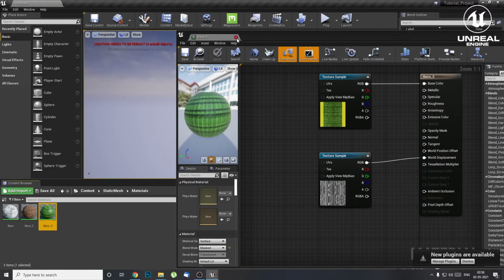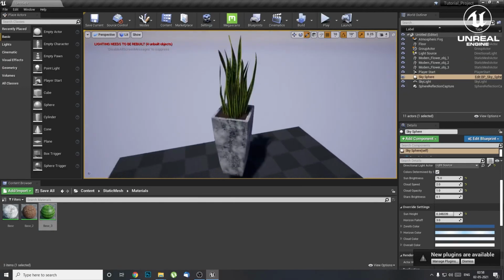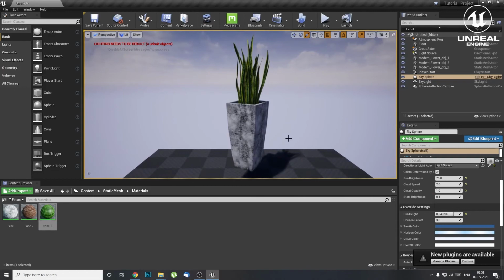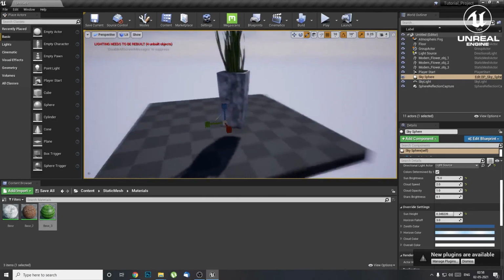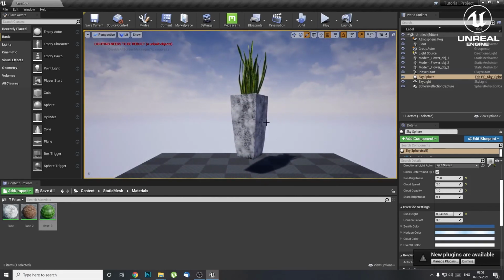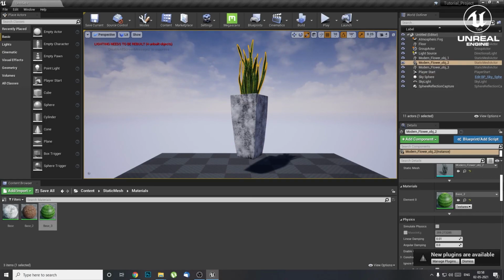It will take a bit of time to save, and here is how your leaves look, and this is how you create materials and apply a texture onto it. Right now I'm moving like this and seeing it, right? But what if I want to just stay here and let this model rotate itself? You want to see that, right? Yeah, so we'll be doing that in the next part of the video. I'll see you in the next video.